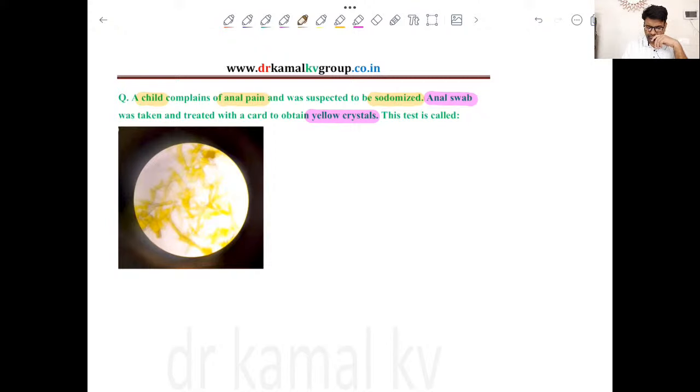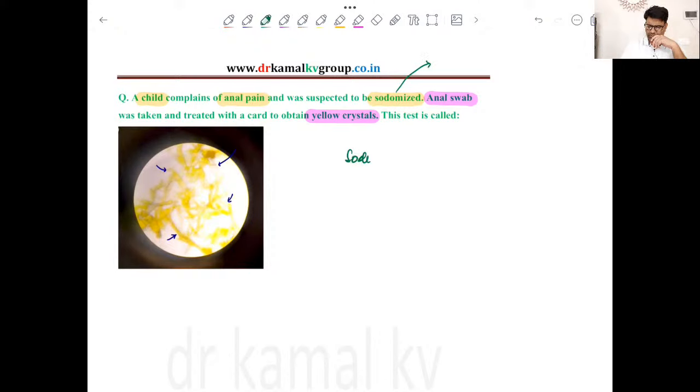We can see there are yellow shaped crystals here. So some are needle shaped, some are rhombic shaped. So we can see yellow crystals which are either needle shaped or rhombic shaped. Yes, so since the case is of sodomy,